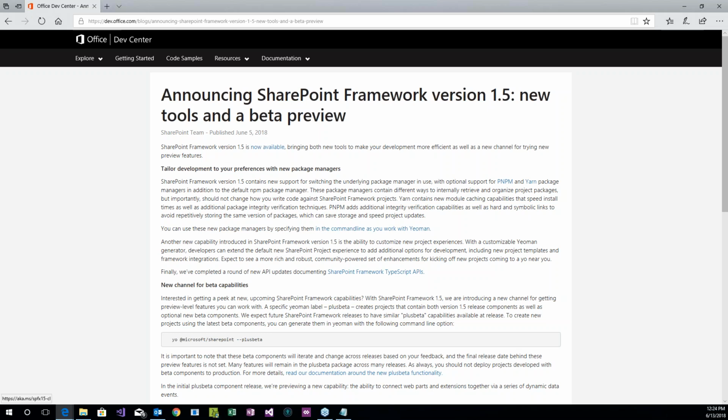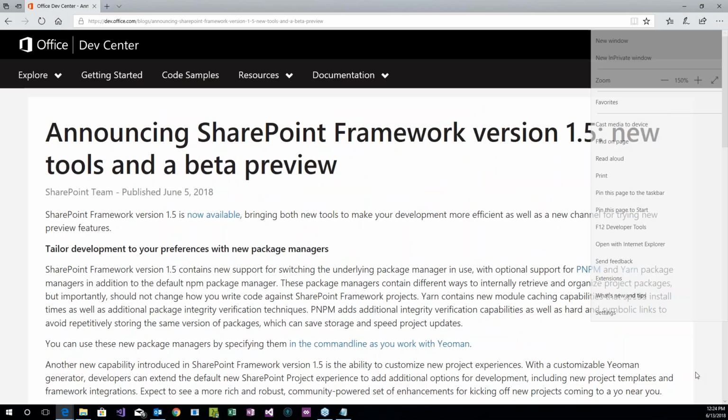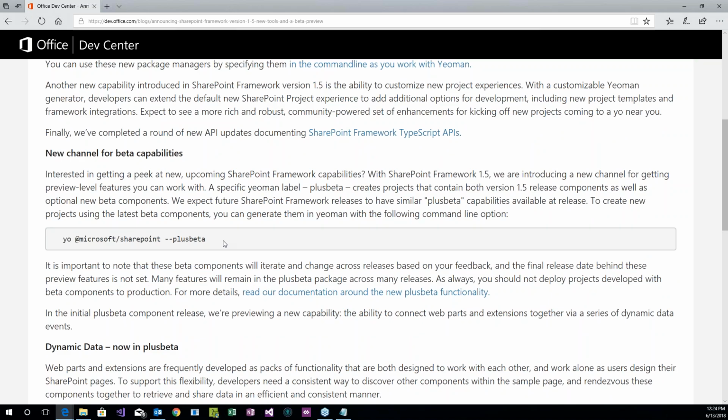So a couple of important things over here. And let's take a look at this one piece right over here. I wish I could remember how to zoom in fast with my zoomer, but I don't have it just yet. Check out the command now. So when you're building your framework, you put in a plus beta in there. And what does that give you? It gives you essentially the bleeding edge stuff that's in there, the things that are new, including the MS Graph and this thing here called dynamic data, which is extremely powerful, but we'll talk about that in a bit.